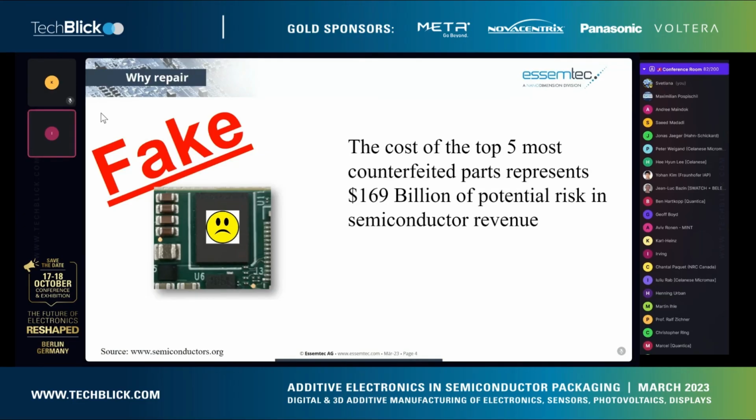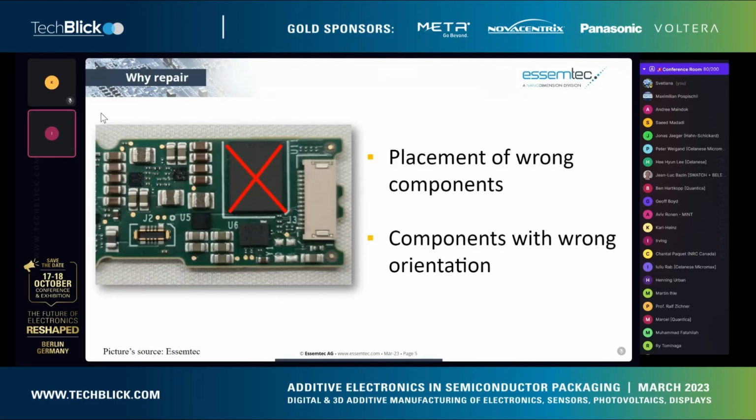And we need solutions for repair which are simpler and easier to use, and that's the reason why we created the solution that we have. So counterfeiting is also one reason for repair. Next one, please, Kasia. The second